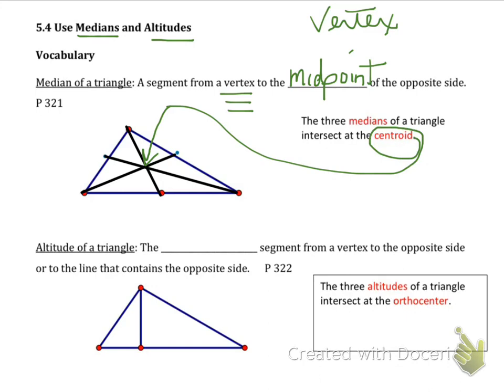So the 3 medians, and the median goes from the vertex to the midpoint of the opposite side. All 3 medians will meet in the center of the triangle at a place called the centroid. All right, the other vocab word we're going to talk about is the altitude. The altitude is the perpendicular. So on this line we're going to put perpendicular